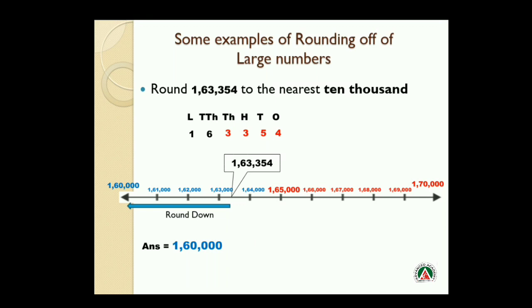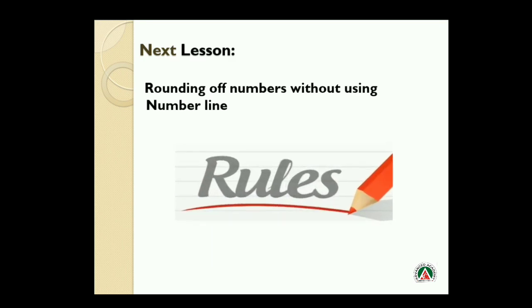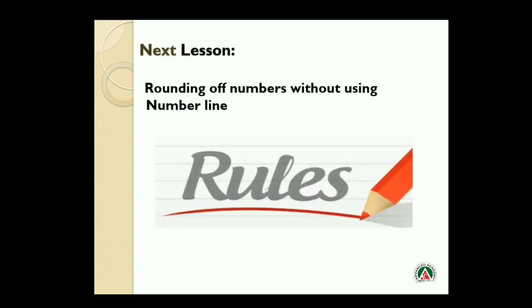But beta, normally we don't always make a number line. This process is quite lengthy, no? Every time we would have to make a number line and solve like this. If it is given in the book or the question that this is a number line and you have to round, then we can solve it that way. But sometimes only a number is given, and we have to round that number to the nearest any place value. For that we will not use this number line concept. So in the next lesson I will explain how to round off numbers without using a number line.